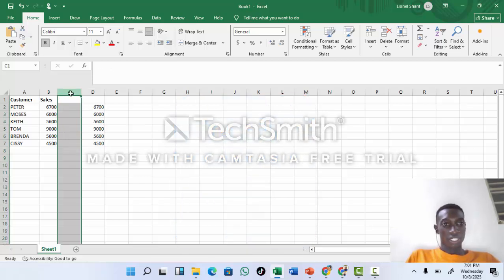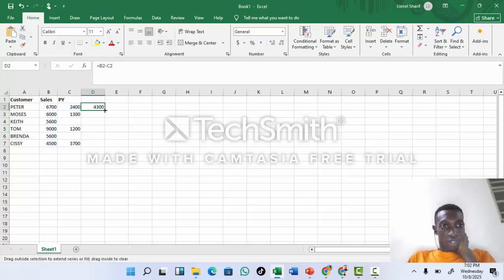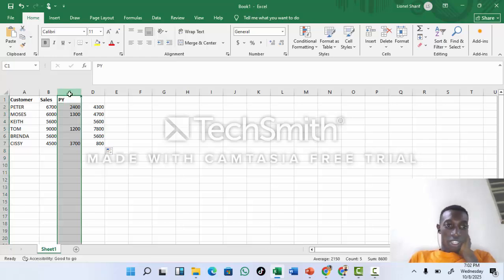After I delete this, I'm going to use that. When I press enter, my values will come. When I drag down, my values will also come. So when I come to this and delete it,